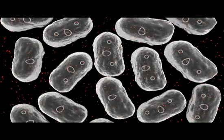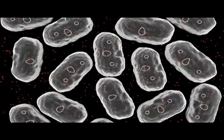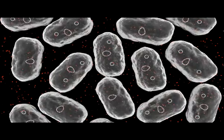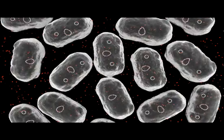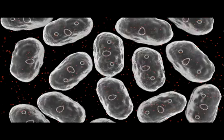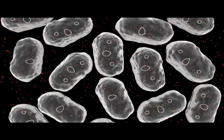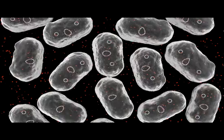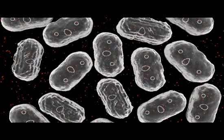If the plasmids into which the experimental gene, such as the gene for the production of insulin or growth hormone, is inserted, also have genes that provide resistance to ampicillin and amoxicillin, a unique technique can be used. Genetic engineers know that not all the bacteria exposed to the plasmids will absorb them. By exposing the cultured bacteria to antibiotics such as ampicillin and amoxicillin, they kill off the bacteria that didn't absorb